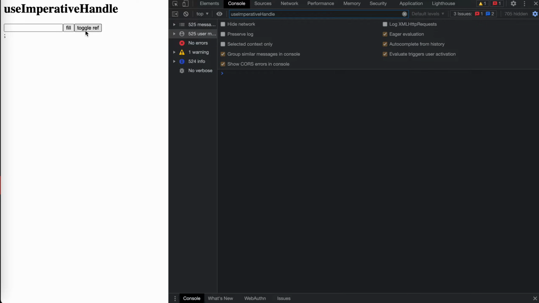Okay, let's toggle the ref, and let's see the MountImperativeHandle field. It says cannot read properties of null, reading field. So ImperativeHandle is set to null. Yeah, of course. It's not null, it's not null because when we toggle it,